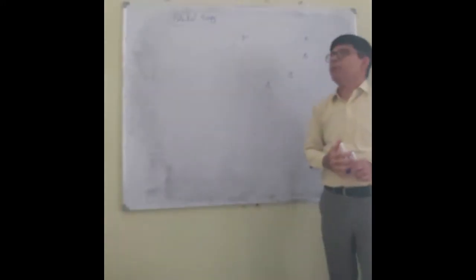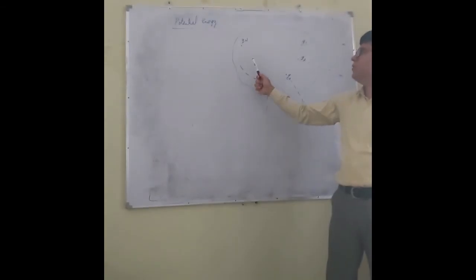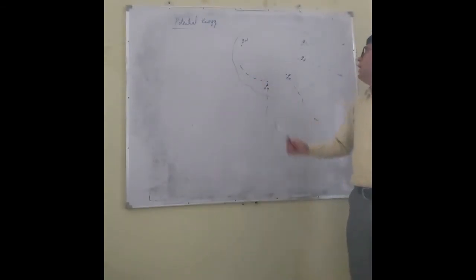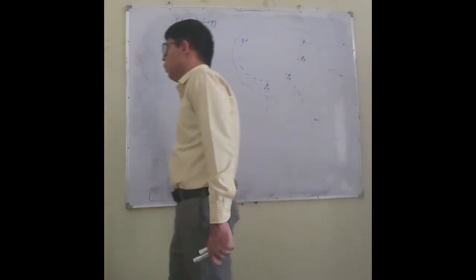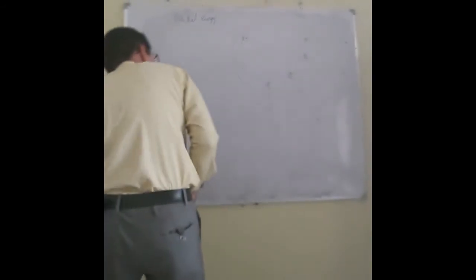So electric potential energy due to a system of charges is defined as the work done in bringing the various charges, Q1, Q2, Q3, Q4 up to Qn, from infinity to their present locations without any acceleration against the direction of electric field. So that is called the potential energy.